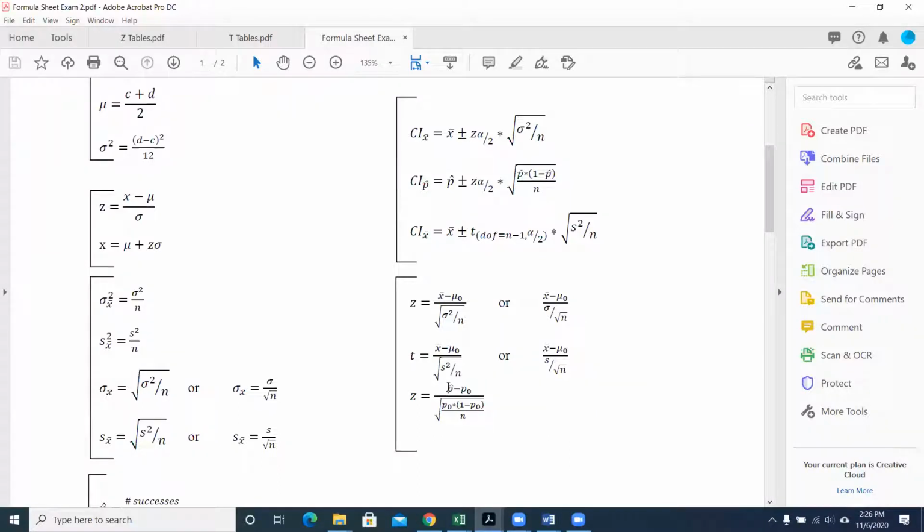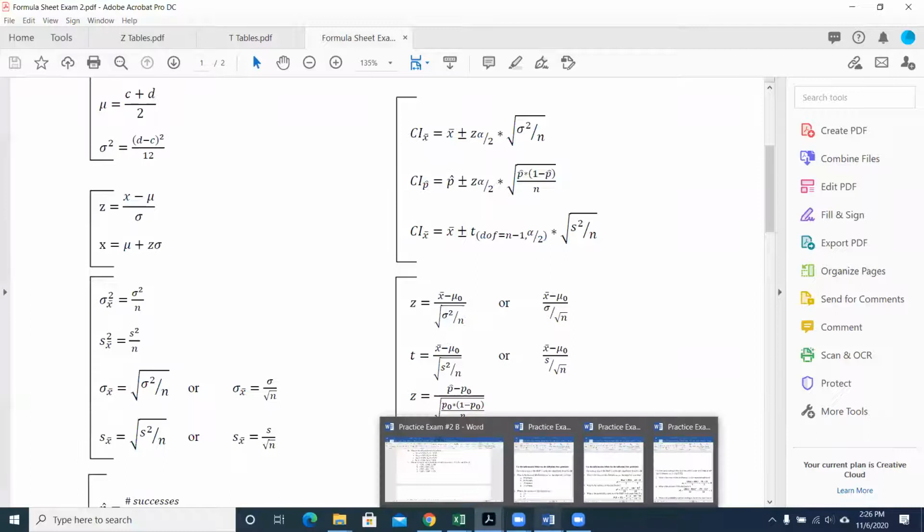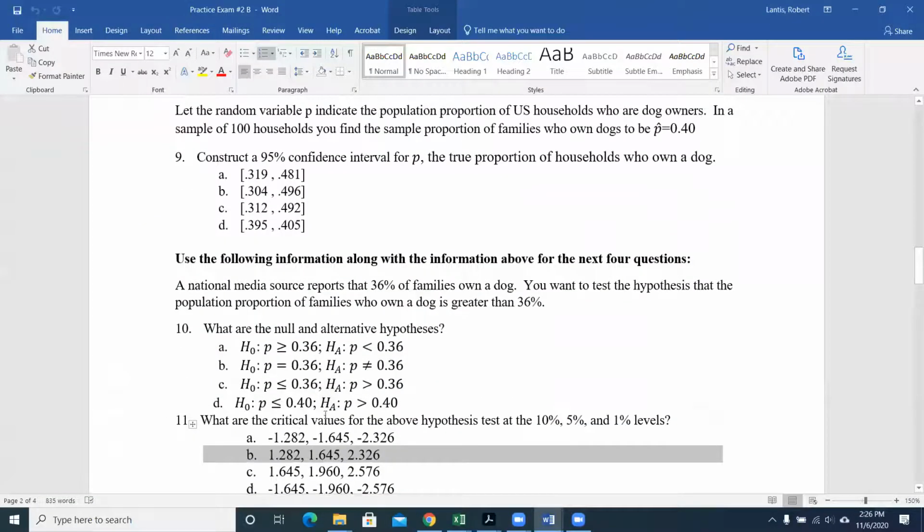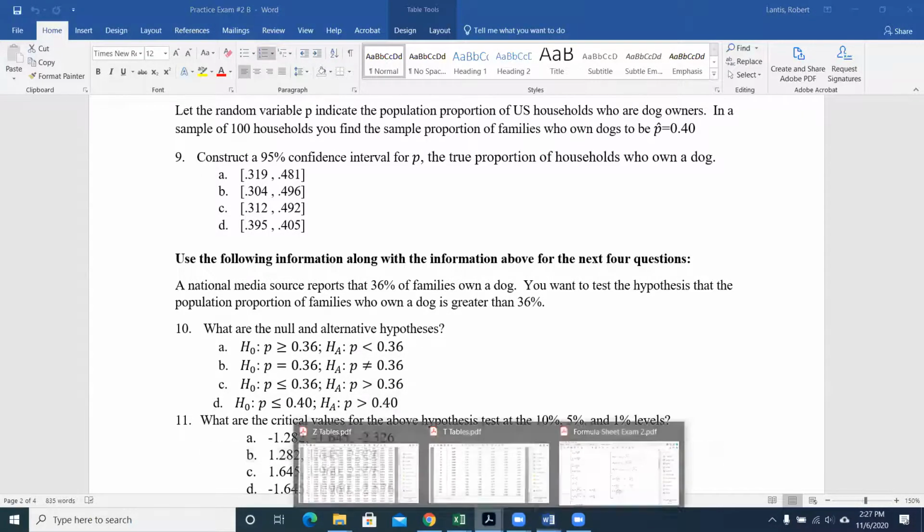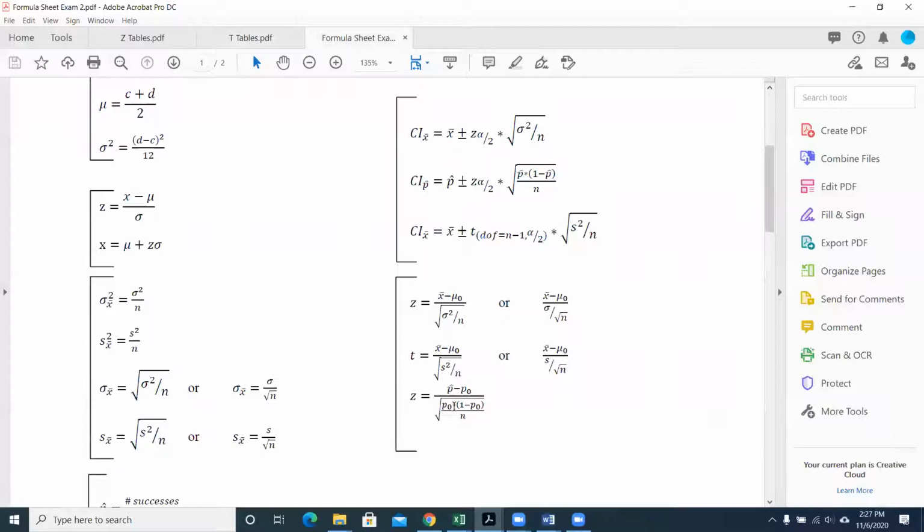So I plug in that 0.4, which is my sample proportion. P0, remember, is the assumed true proportion, which is going to be coming from your null and alternative hypothesis. So that was 0.36, right? And then 0.36, 0.36, sample size of 100. At that point, it's just a matter of getting this entered into our calculator correctly, right? So what is it? I said it was 0.4 and 0.36, so divided by the square root of